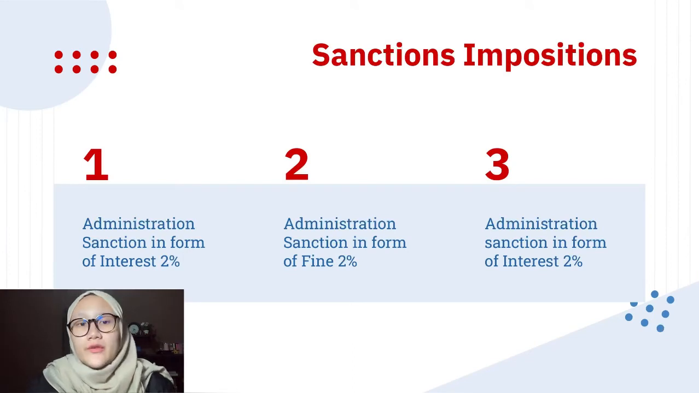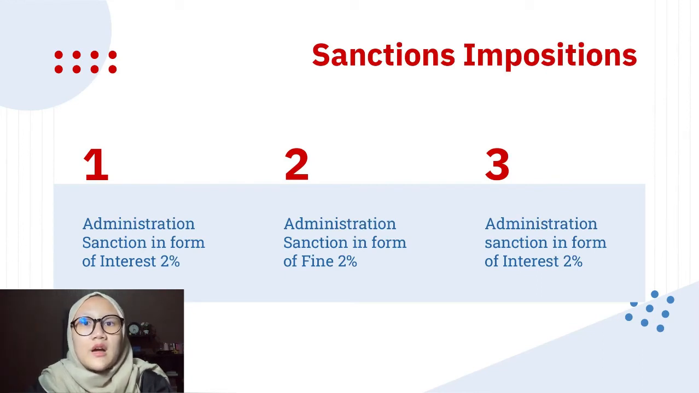Alright, as for your information, with getting an STP or Surat Tagihan Pajak, someone can get sanctions too. And here are the sanctions imposed based on STP or Surat Tagihan Pajak. The first one is administration sanction in the form of interest 2%. The taxpayer needs to pay the interest 2% per month, maximum in a range of 24 months since the due date of the taxes or the end of the tax period, or in the range of the tax year, until there's a publication